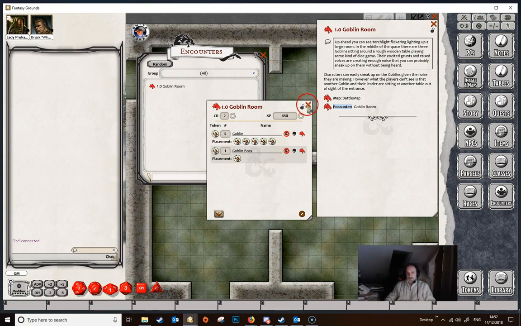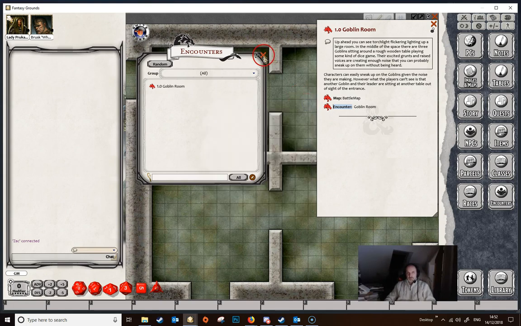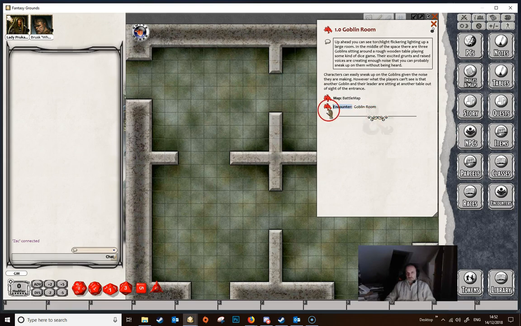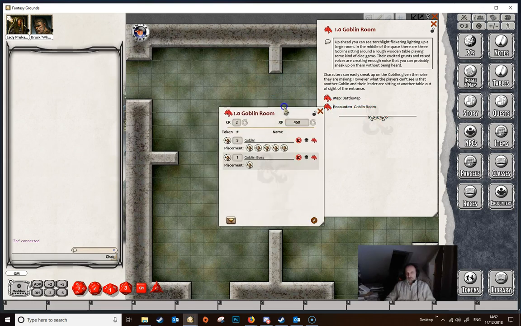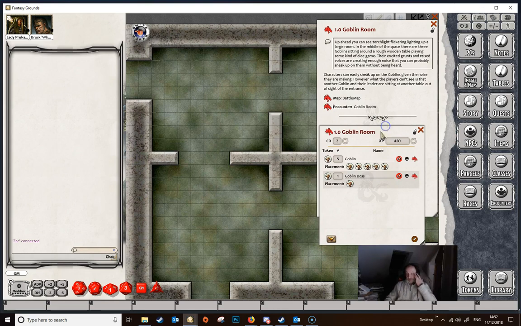And that's it. However, it's not particularly useful just to have the encounter just like this. We obviously want to place the encounter on the map. This is part of the preparation that you would do before the PCs get here. And we do this using the placement row. So here's our map. It's already got a grid and everything like that on it, which you will need. And we just drag and drop each of these little icons and drop it where we want it to be